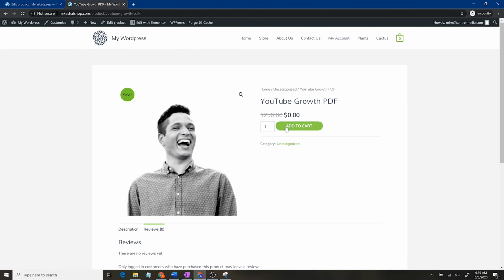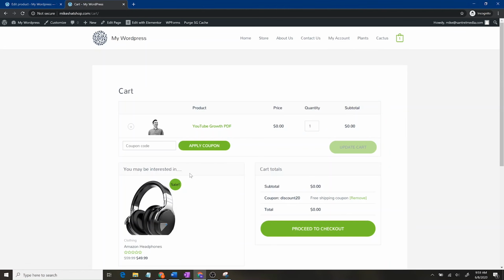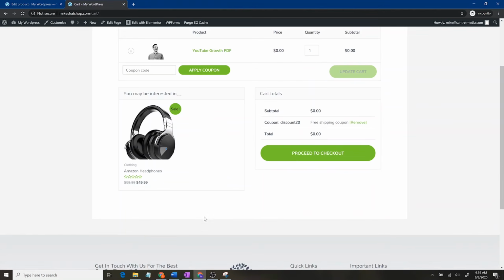So let's just say we want to add this to cart. So we have one download. Now it'll pop up in our cart up there. We can go up and we can actually go and view the cart. And when you view the cart, you'll see this is the cross sell right here, what I was mentioning before,